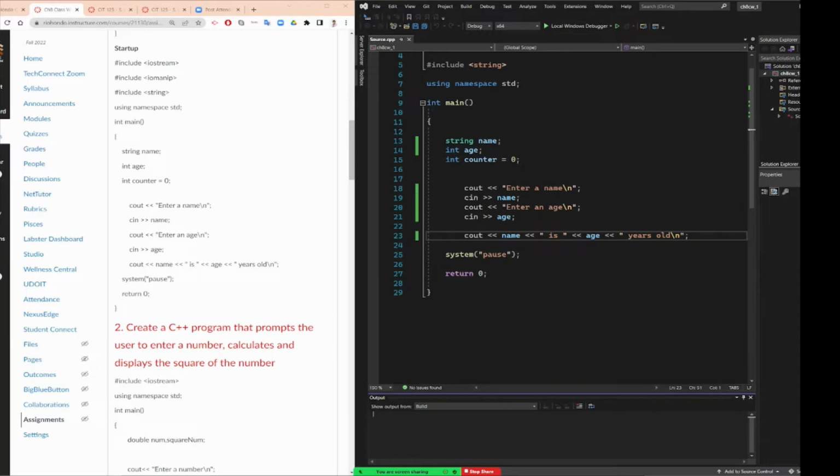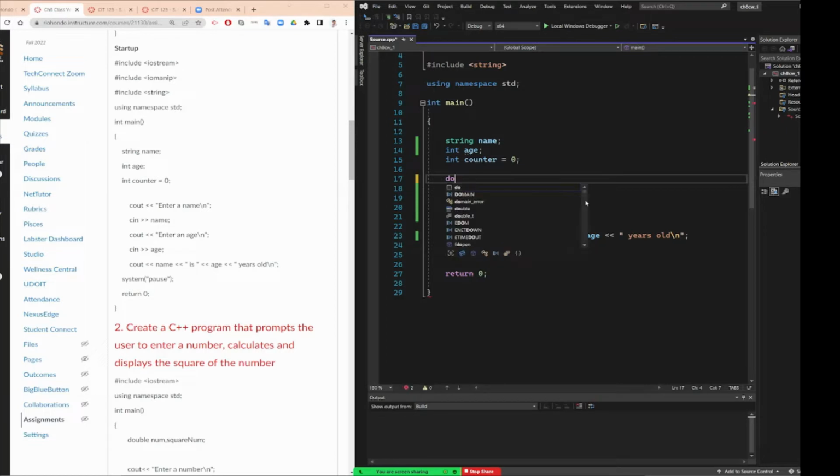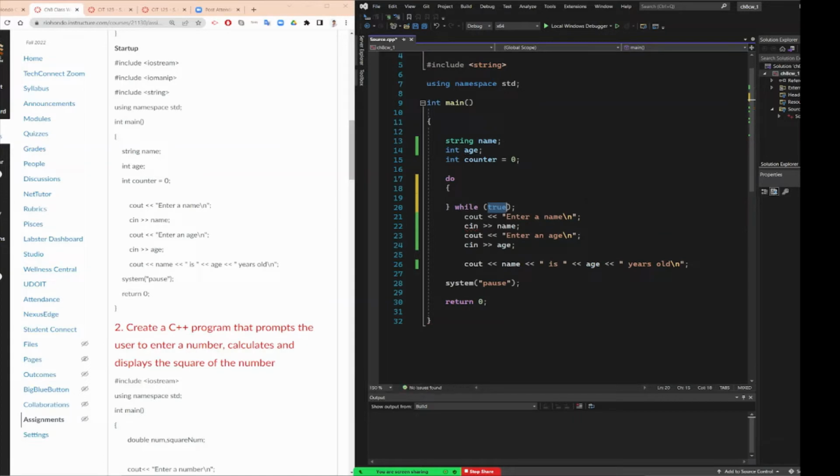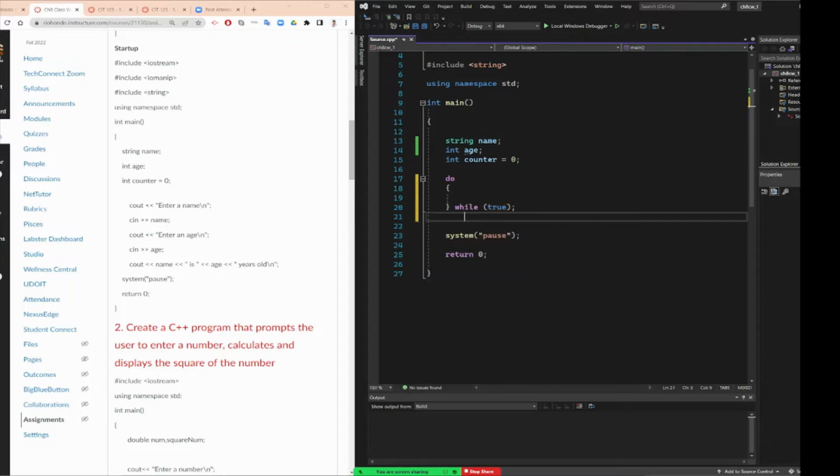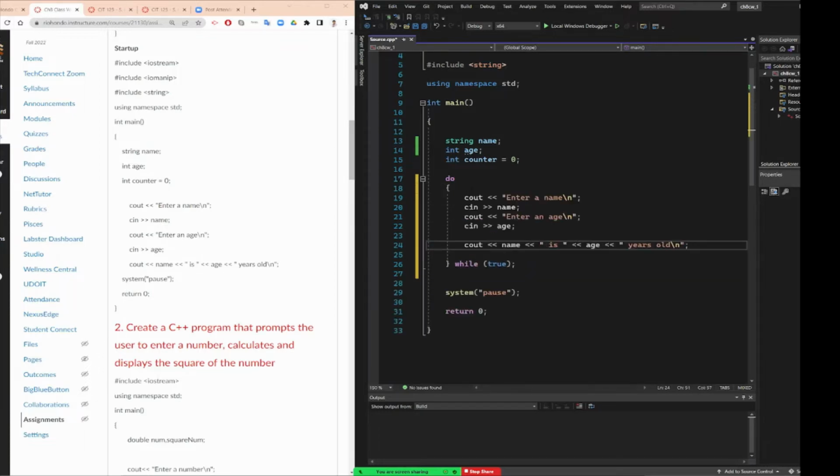So as I told you, I have 2 inputs, name and age. For this, we want to use a do while loop. The way we do a do while loop is after your variable declaration, before your programming, I want you to type do. As soon as you type do, you tap over, so you create your do while loop structure. Then the next thing you need to do is copy everything. Control X, cut it, and put it inside here, because everything in the do while loop